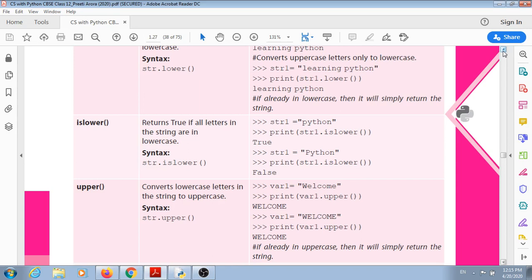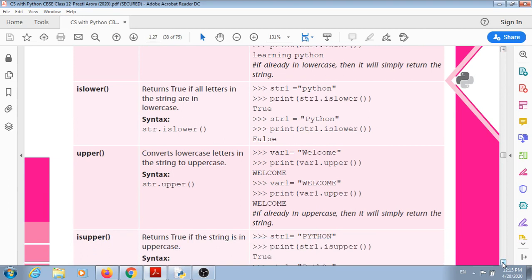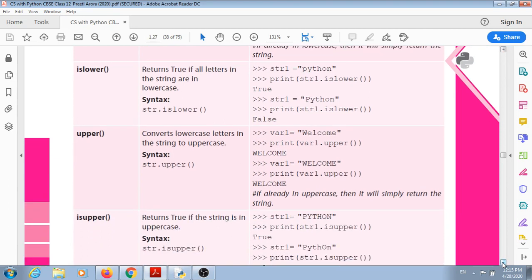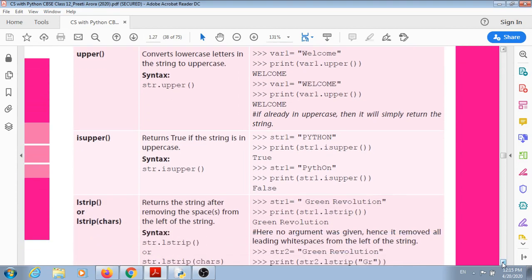If the string contains lowercase characters, then it will result into true. If the string does not contain lowercase characters, then it will result into false. Similarly, to change the lowercase letters into uppercase letters, we can use the upper function, as well as isupper function is used to check whether the string contains uppercase letters or not.